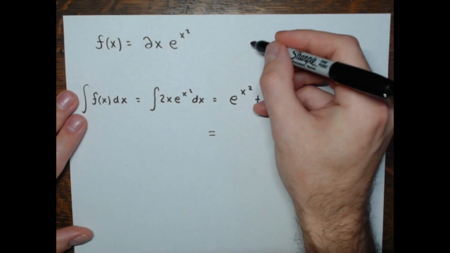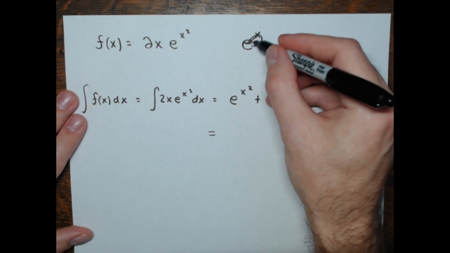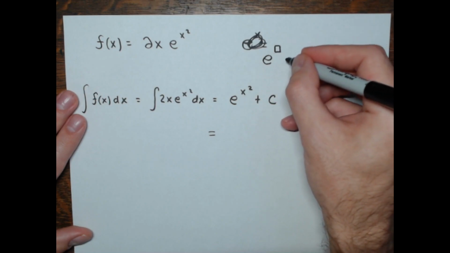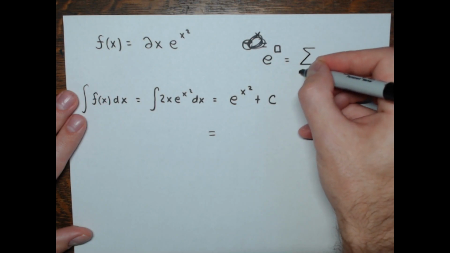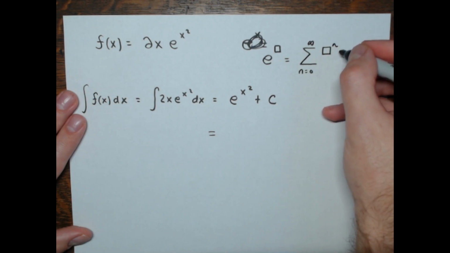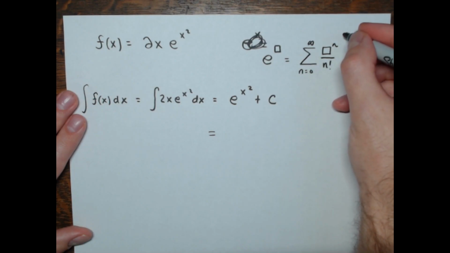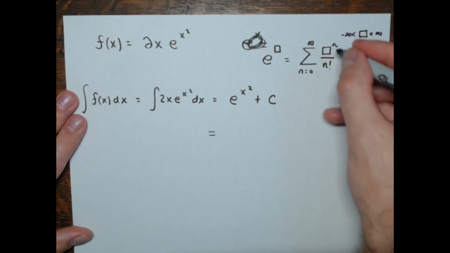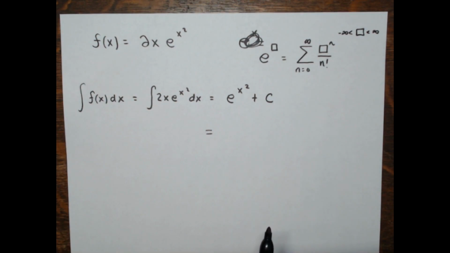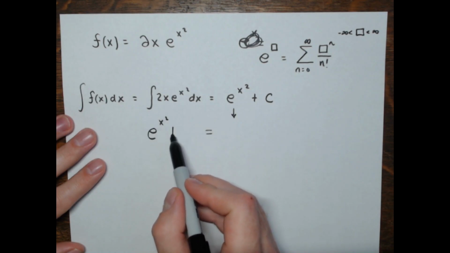Remember the Maclaurin series for e to the something. The Maclaurin series for e to the little box is the sum from n equals 0 to infinity of whatever's in that box to the nth power divided by n factorial. And it's for any value you want. This series will converge no matter what value is in there, for all real numbers. So then this e to the x squared plus some constant